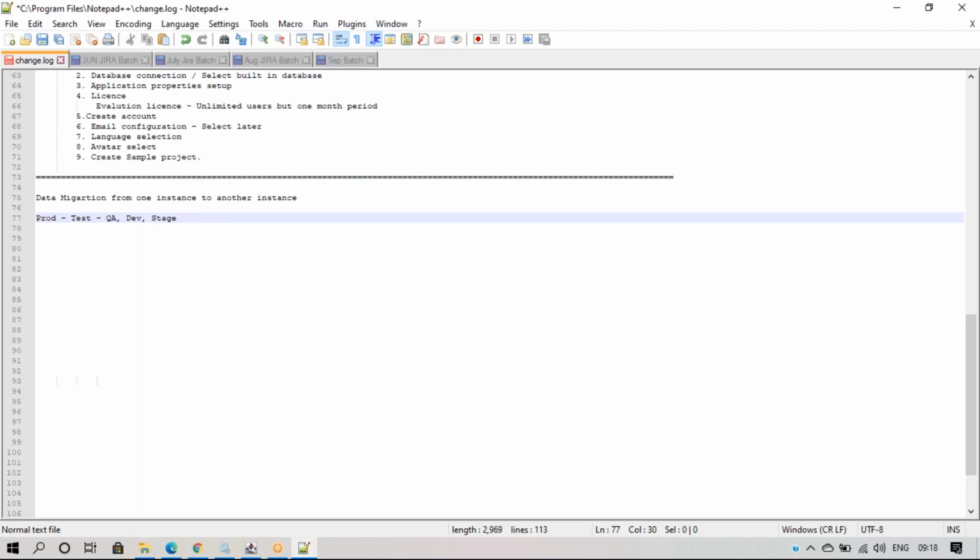I can upgrade that and get to know what problems are faced after the upgrade, whether any problem is coming or not, and if a problem comes, how we need to resolve it. So everything we can try in test first. Once test is working perfectly, we know that if I upgrade production, it will also work perfectly.